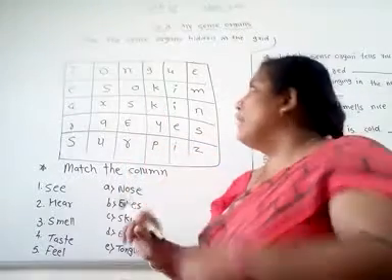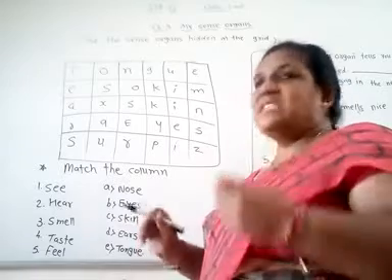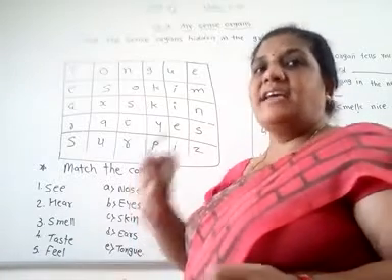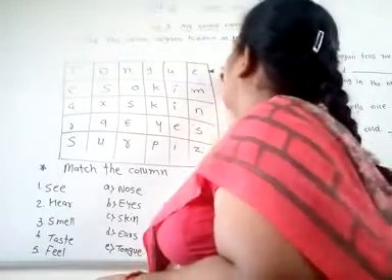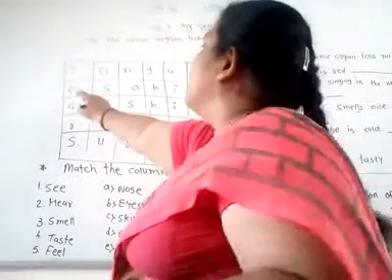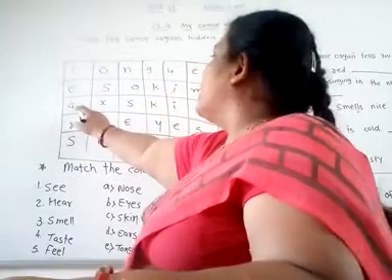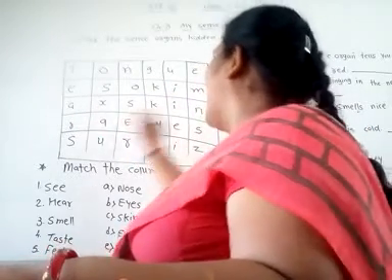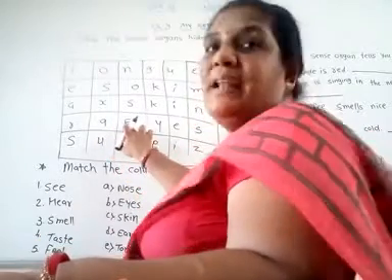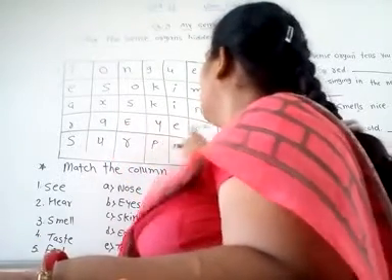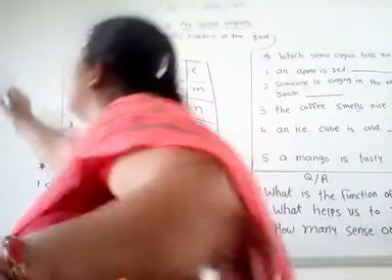First we have to find out our first sense organ, that is eyes. So what is the spelling of eyes? E-Y-E-S. So where is E? In this column we have it, but in this column we don't. Here also we have E, but in the next column we don't have Y. In the third column also we don't have Y. Here in this column we have it, yes. E-Y-E-S. So this is our first sense organ, that is eyes.